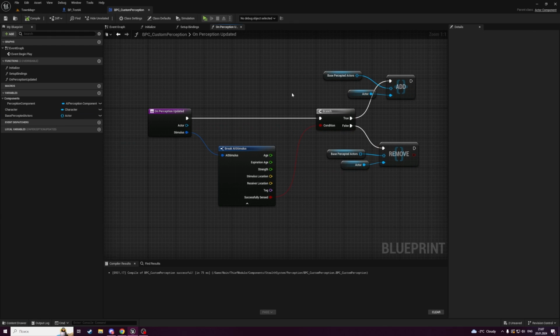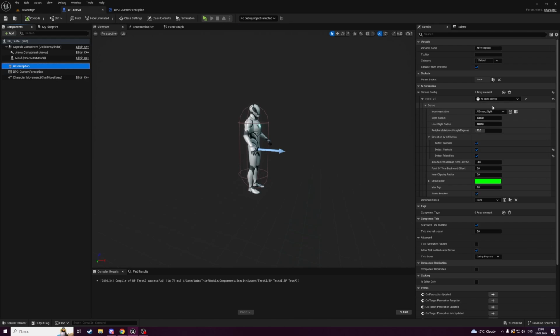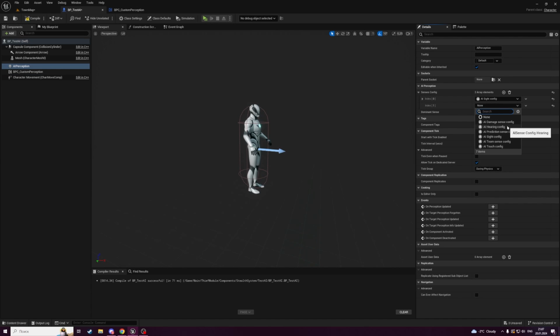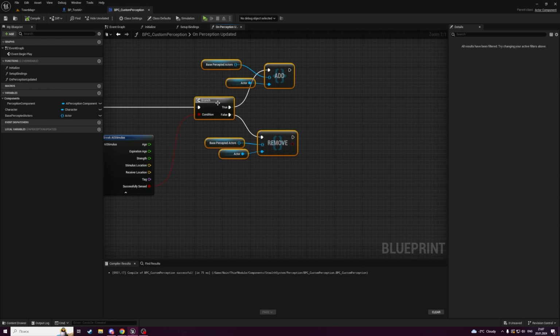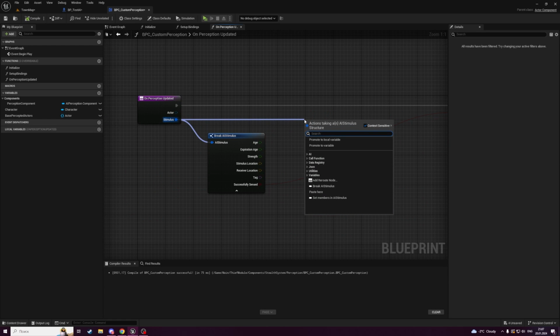But we don't have our stealth factor used anywhere. Also, one more thing to add is that our AI perception may have not only AI sight config, it may also have hearing config and so on. So we have to define that this only works for sight. So let's get a stimulus and check if it is